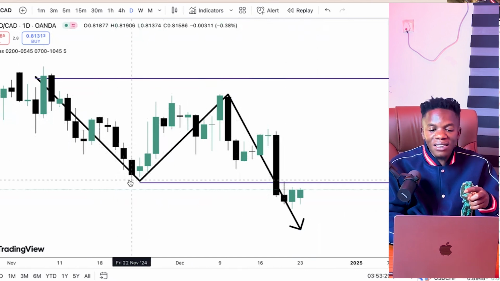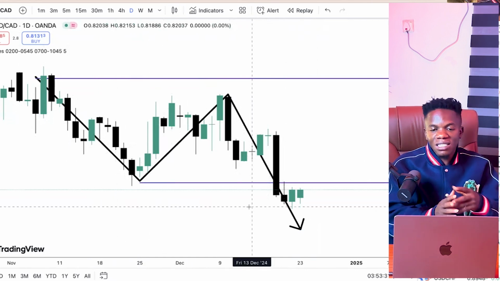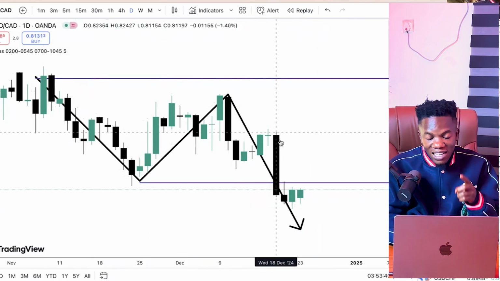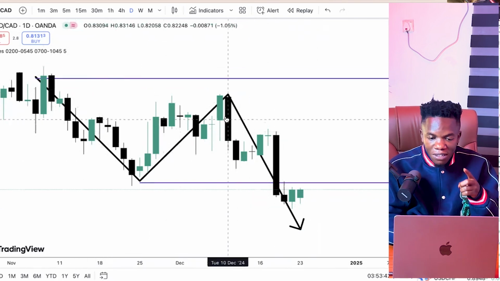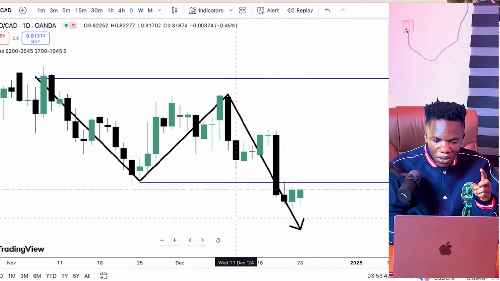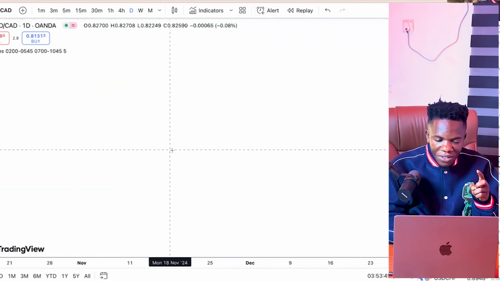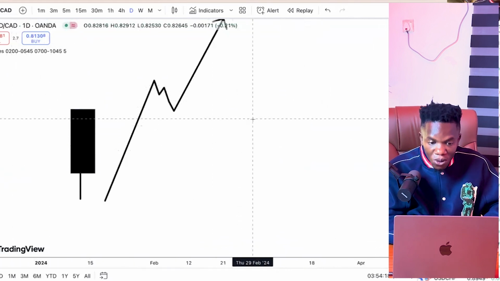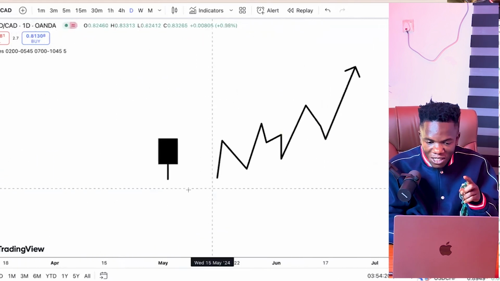Now, when price goes outside this range, that is when you start expecting maybe a consolidation day or retracement day and so on. But inasmuch as you want to trade outside of this daily time frame range, just be expecting big moves in the market. This is the secret on how to separate and know this type of days. Because this is how to know when to expect this type of price action on any trading day.